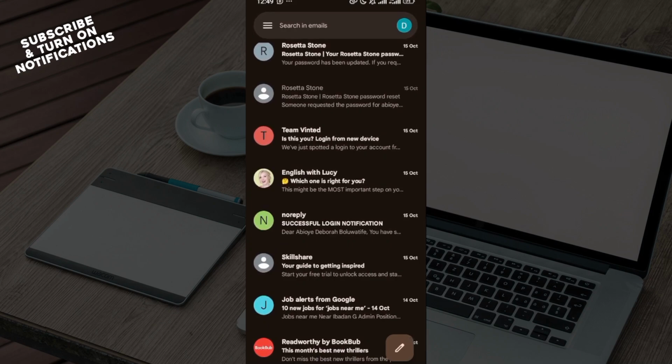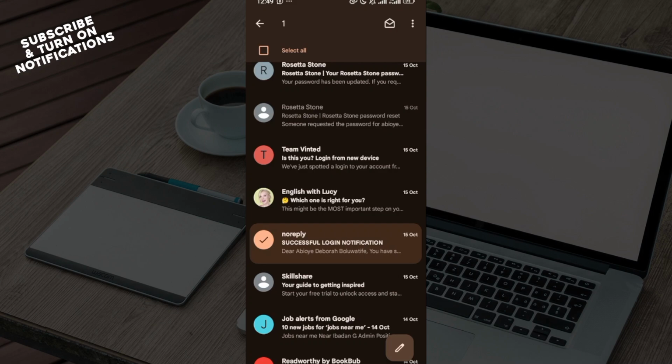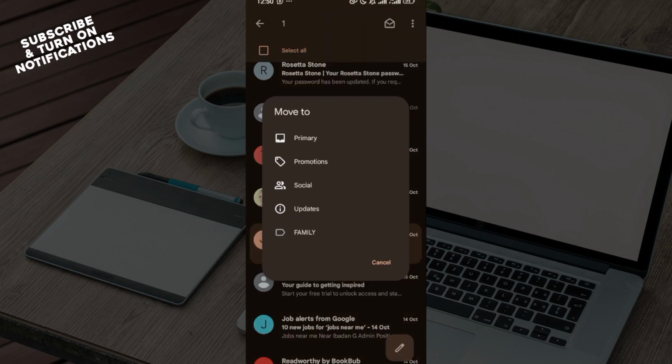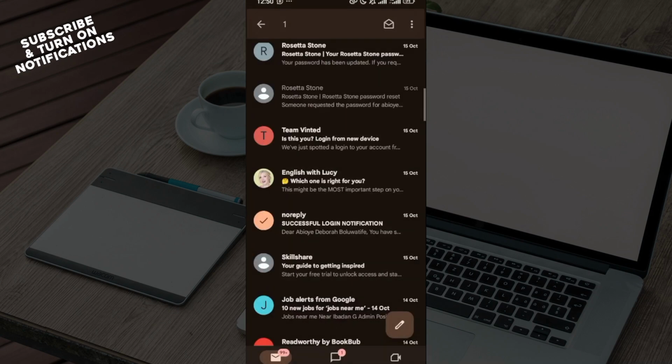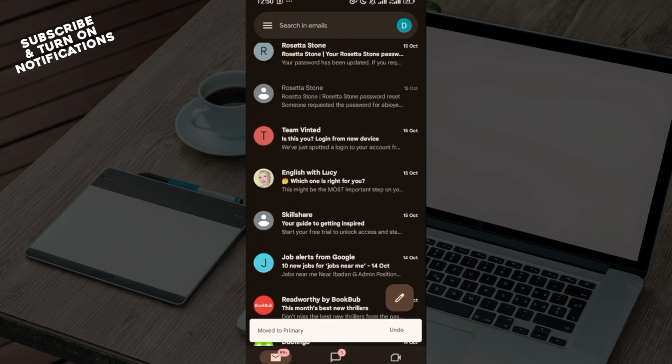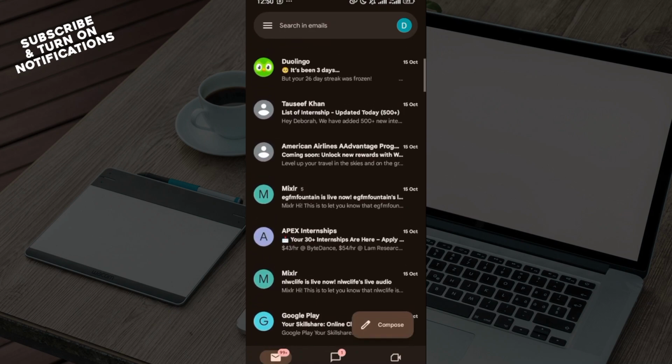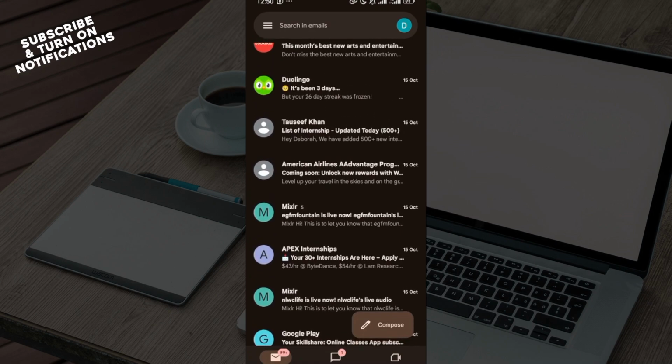Once you've located the email that you'd like to recover, move to the top right corner of the screen where you can see three vertical dots. Click on it. Then you can see the option move to. Alright, so select it and then select where you want to move it to. After selecting it, the message will be removed from bin and it will be sent to that particular folder that